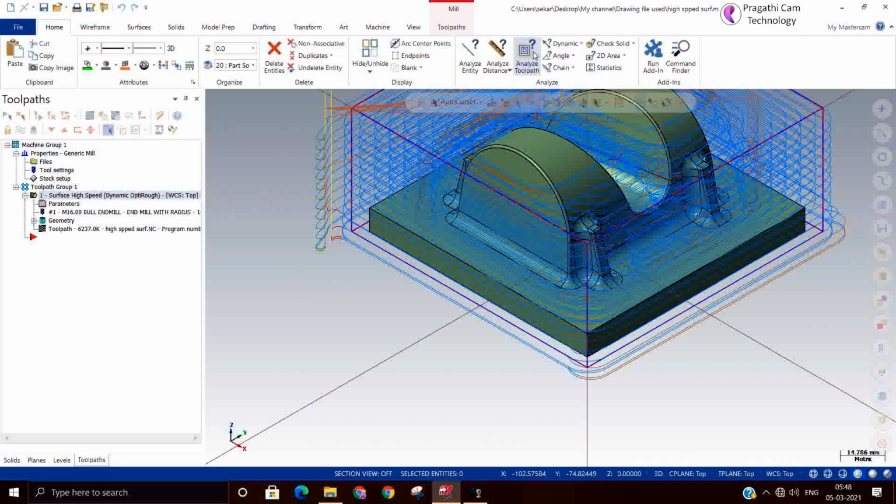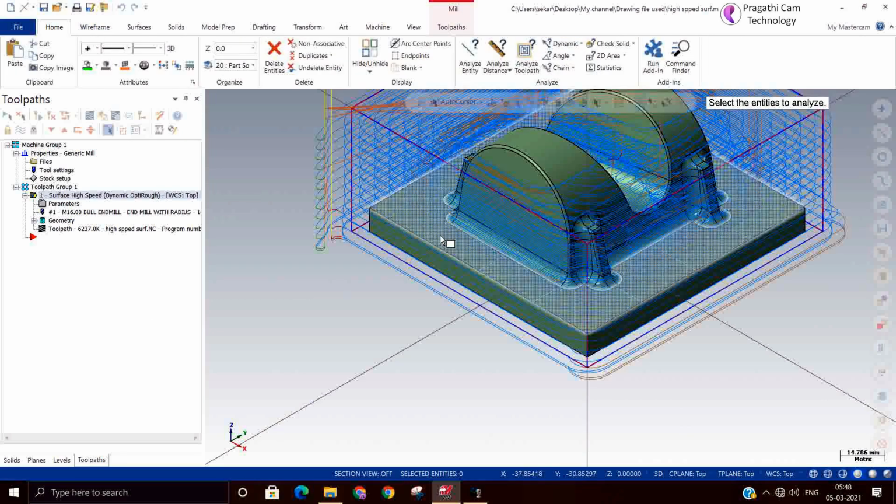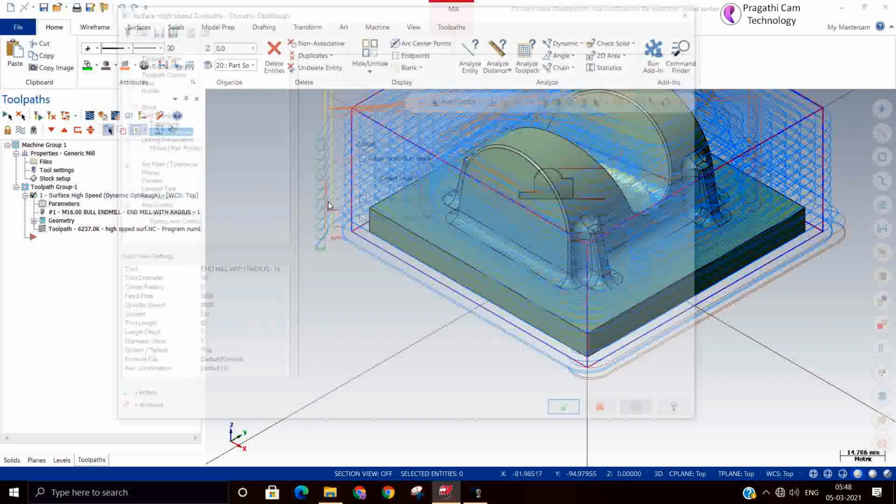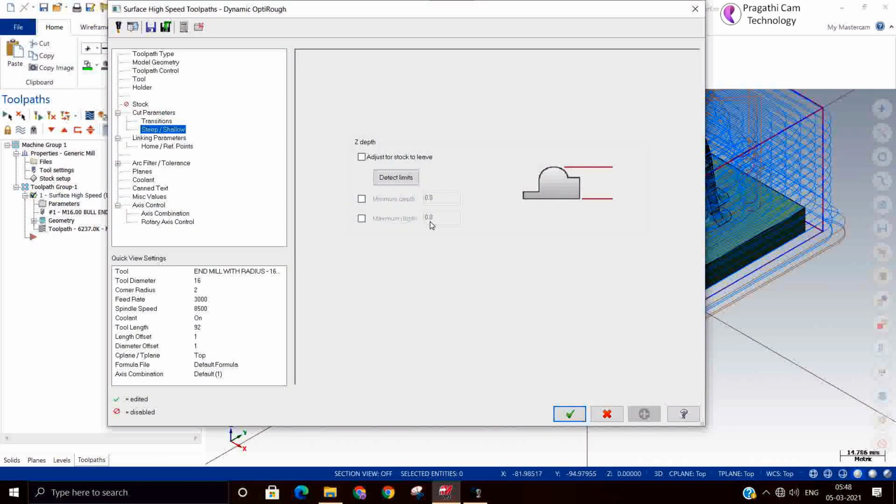Okay, I'll switch it on and say minus 40. Minus 41, I give minus 41. And region. Now it is calculating.